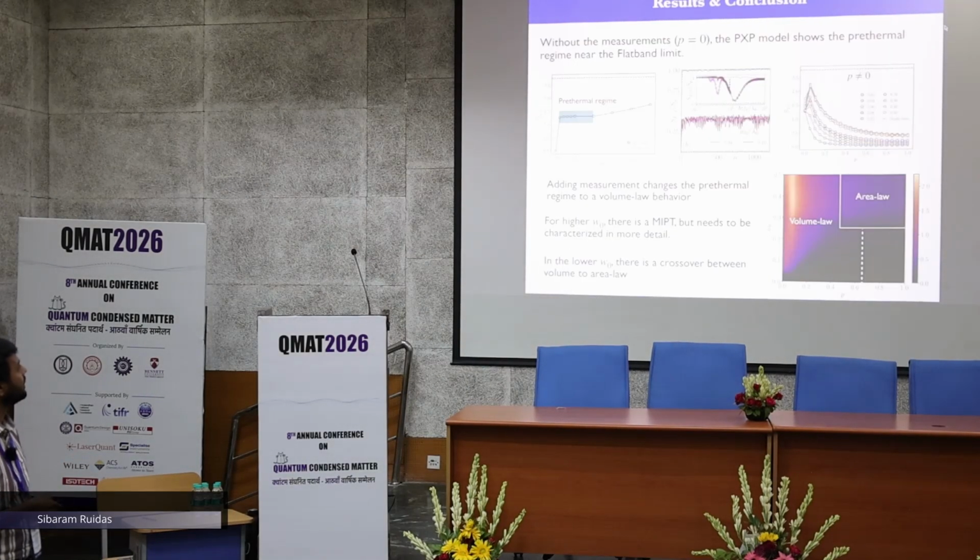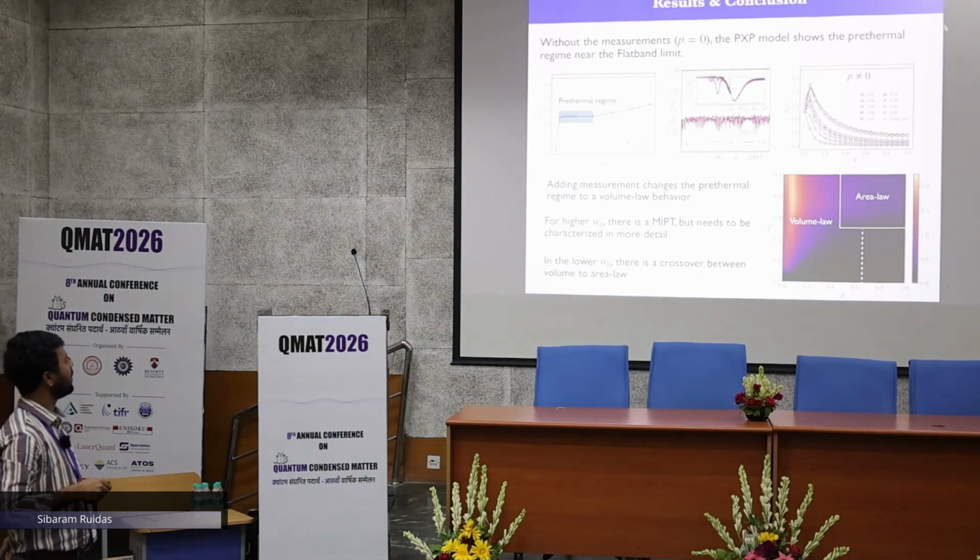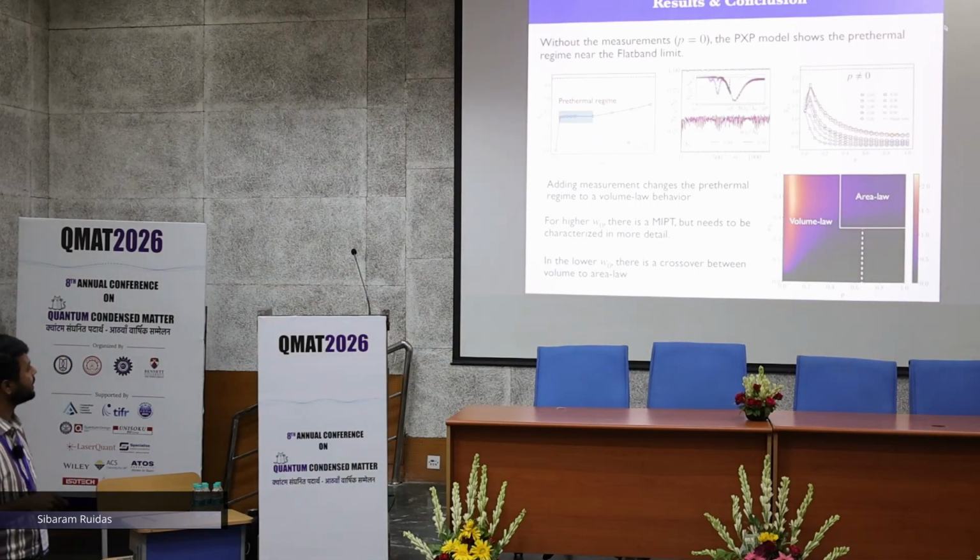Okay. So now I will discuss the results and the conclusion. In this case, as the PXC model already had been introduced, there is the Prethermal regime. So let's first consider without the measurement. Here we are plotting the half chain entanglement entropy as a function of W0. W0 is one of the parameters which governs the model, whether it is a flat band regime. When W0 is 0, it is a flat band regime, and when you increase W0, it is in the Prethermal regime. These are given by these values of the entanglement, and this black dashed line represents the single tone.